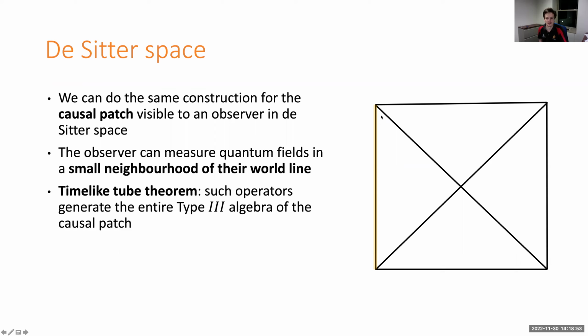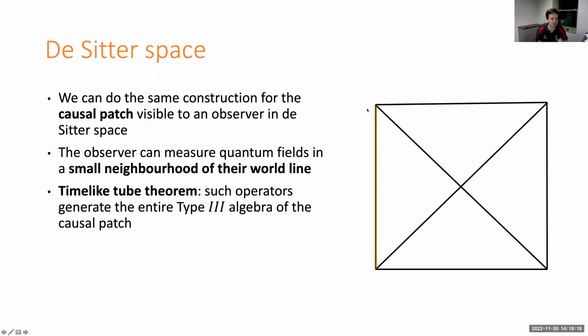That's not true, at least in free theories. So in 1+1D free theory, if you have a little region up here and a little region up here, then the double commutant, the thing that's space-like to everything space-like to them, would still be this causal patch. But let's imagine this Minkowski space. I can definitely have something that goes through here, and the fields up here and down here don't know about it. But for a time-like tube, you can't do that.